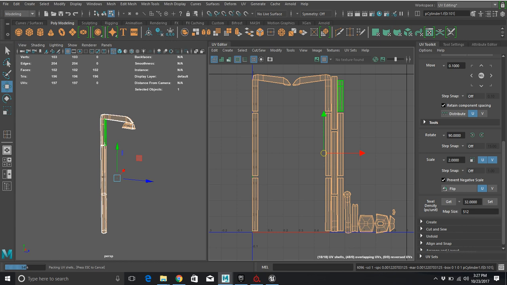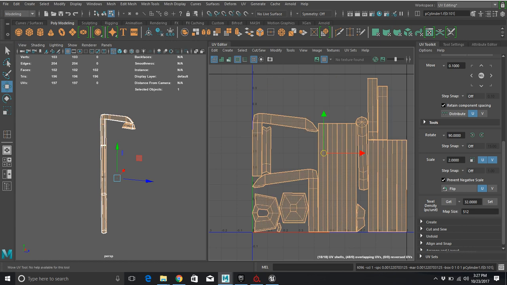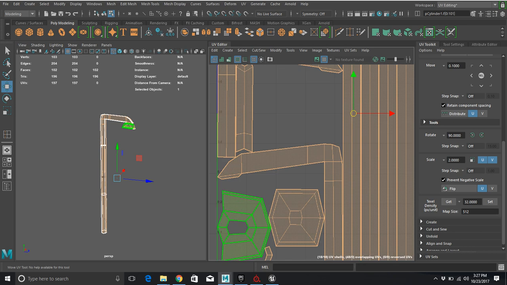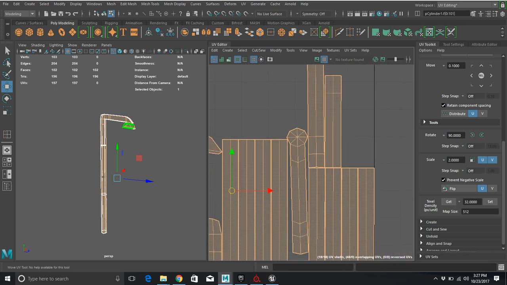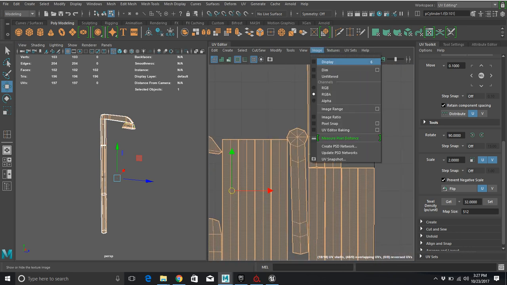As long as you have those options set initially, you don't have to worry about constantly going back in there and resetting them over and over and over again. If there's any little pieces, I want to fix those. If there's anything kind of weird, I want to fix that. For a shape like this,